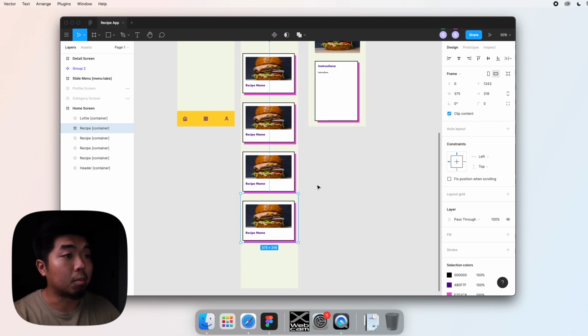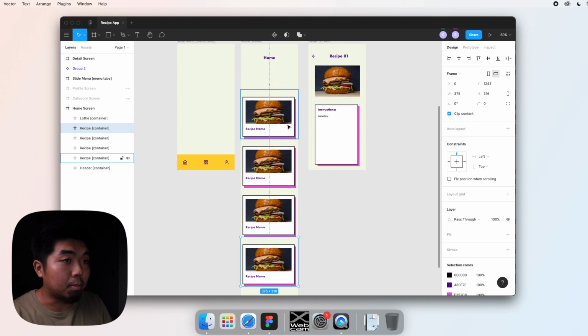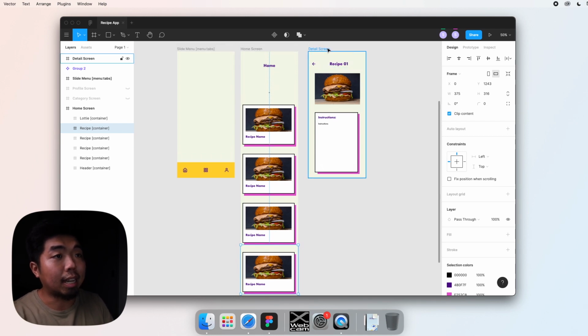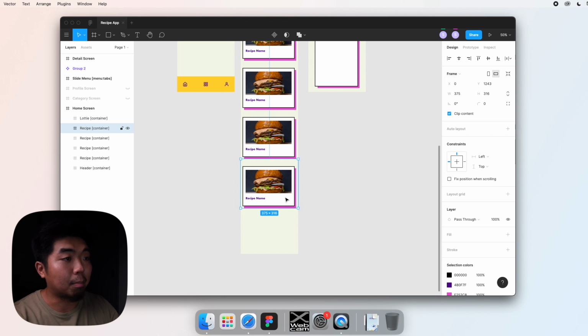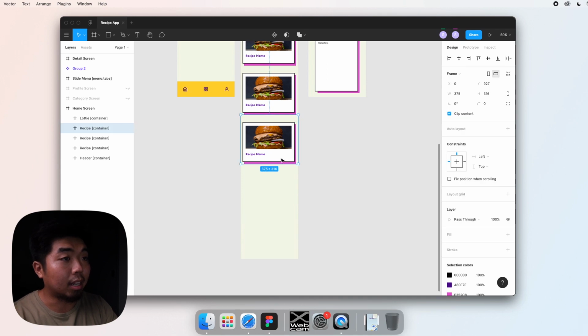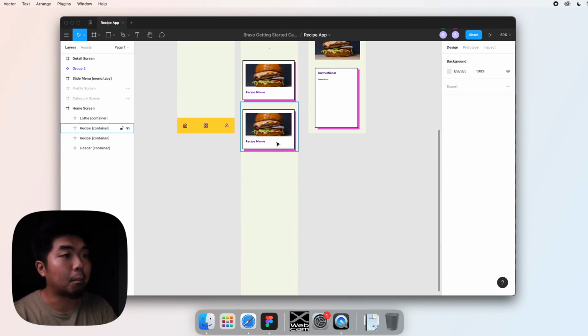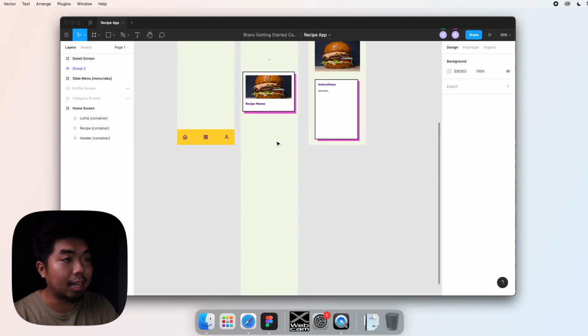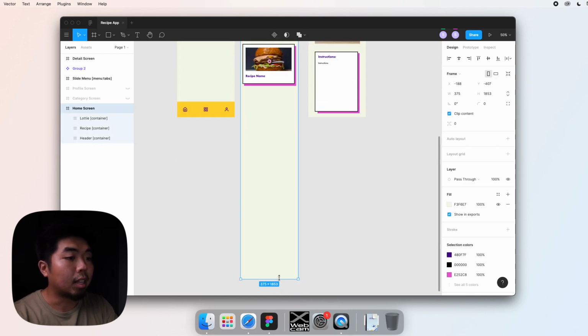But then the issue becomes, you publish your app and then you want to add 5 more recipes. If you do it this way, you're going to have to come back into Figma, design and copy 5 more of these, and on top of that, for each of these pages that you link, you're going to have to create a dedicated detail page for each one of these items that you create. And that's going to make your app and your file of your application really large, and you don't want that. And another one is you're going to have to always come back to Figma to do a design anytime you want to add it.